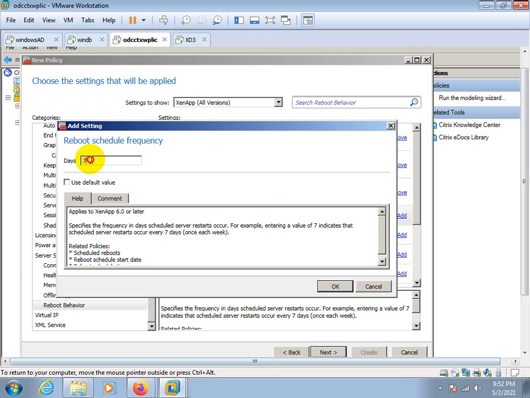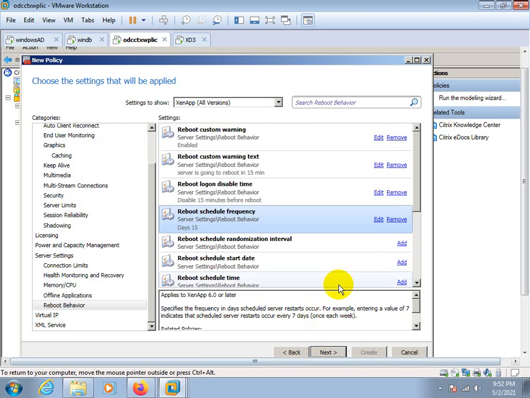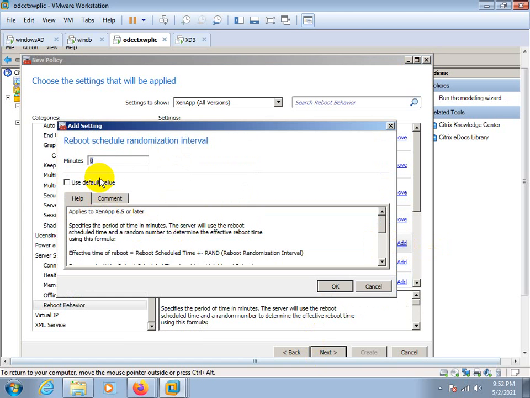Or if I put it 15 days, then after 2 weeks the server will reboot. That is reboot sequence, and reboot schedule randomization interval is here. Random means minimum how many days.